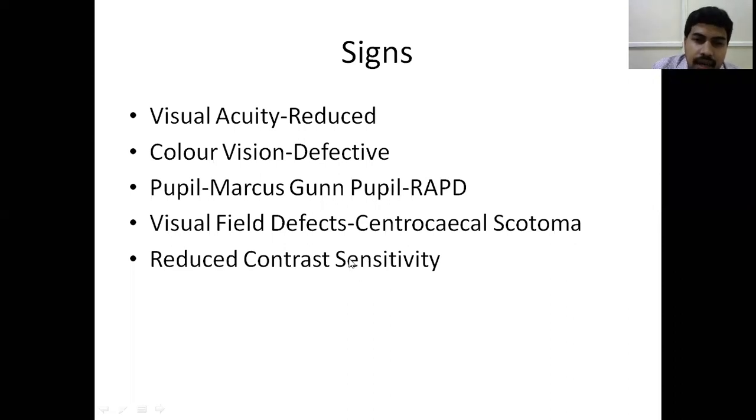So contrast is a drastic difference between the intensities or saturations of two colors, thereby we are able to clearly identify that particular object or particular color. As here you can see, this is black in color, this is white in color. That has a good contrast. But if I type all these letters in white color, you will not be able to identify those letters. So that is a poor contrast sensitivity, whereas black and white have a good contrast sensitivity. So this kind of differentiation is also lost in case of optic neuritis.